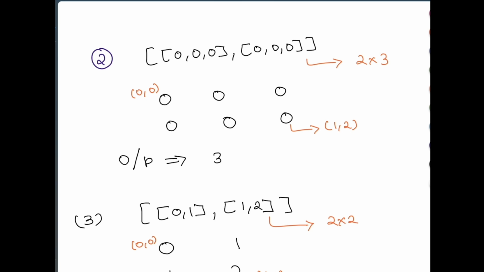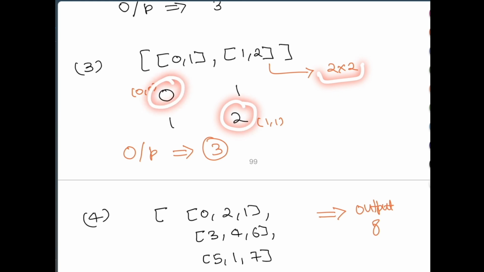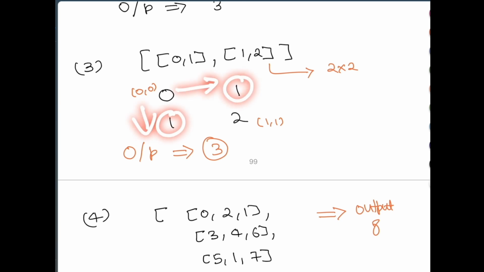Now let us understand this with another example. If this is your given input, then the array is of 2 by 2, and we need to reach row number 1 by 1, or 1 comma 1. We start from this point and we need to reach this point. Now I can go to this point and this point from this 0, right? But I will have to wait for 1 second